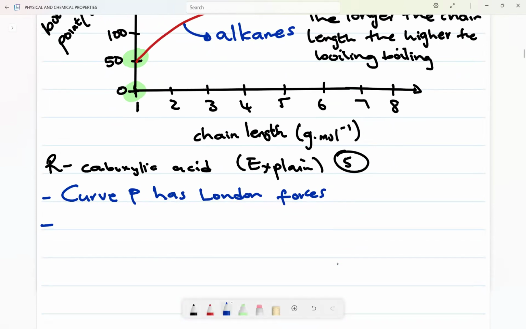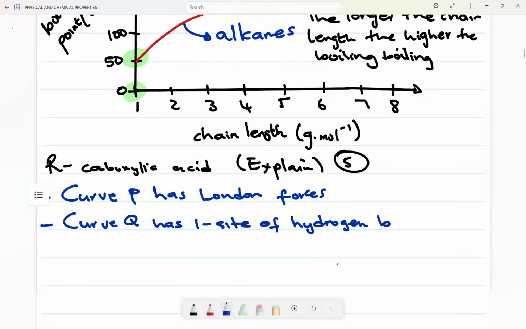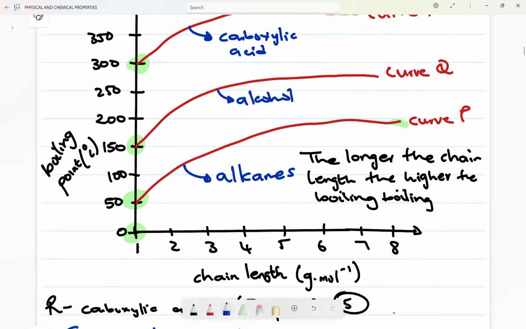Then I'm gonna say Kev Q has one side of hydrogen bonding. Why do I have to specify how many sites it has? Because here I'm comparing two hydrogen bonding compounds, carboxylic acid and alcohol. But if instead of carboxylic acid I had a ketone, which has dipole,